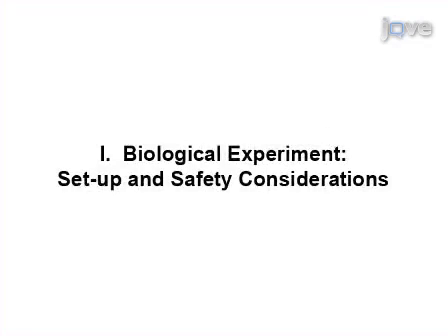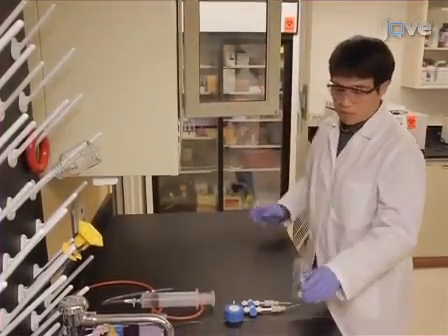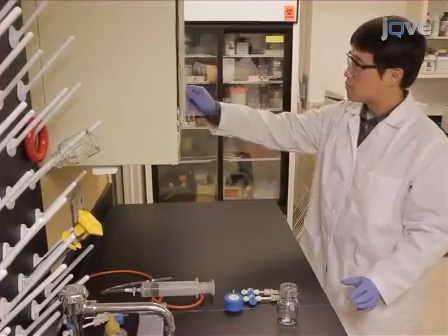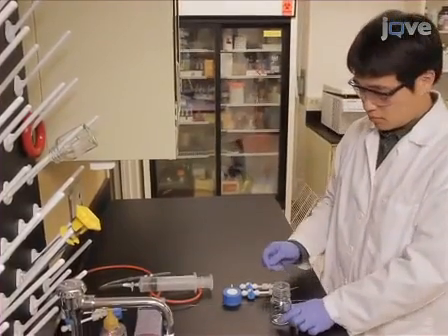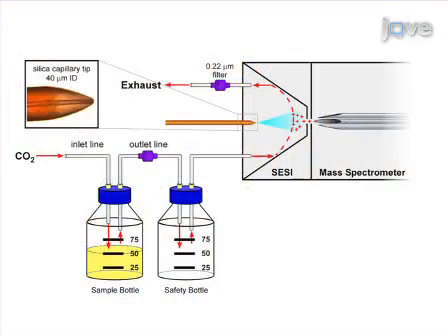Choose the appropriate vessel for growing your culture, considering the growth requirements of the species as well as the efficient delivery of volatiles to the mass spectrometer. In this demonstration, we have selected standard 100 milliliter Pyrex media bottles. The bacterial volatiles are delivered to the mass spectrometer by a stream of carrier gas. To assemble the